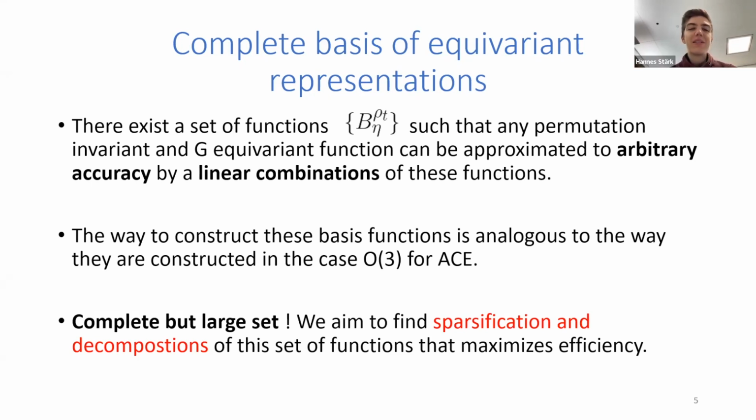So complete basis of equivariant representations, you're saying this always exists? As soon as you have a reducible Lie group, which is most often the case in physics, you can show that any function regular enough, and regular enough is continuous usually, and also local, because you have local approximation and stuff like that. Under the precise assumptions that you can find in the ACE paper, you can actually construct this complete basis for any kind of thing.